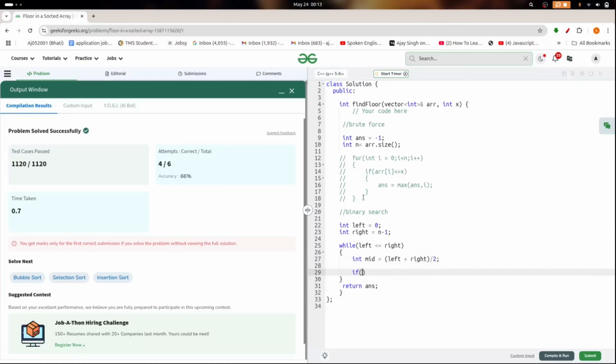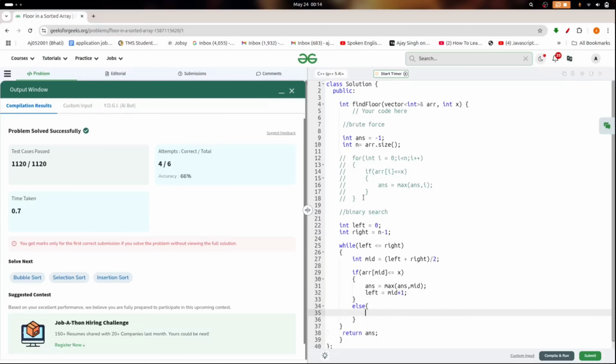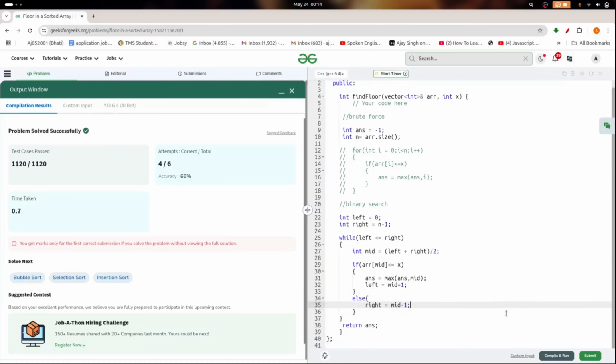If array of mid is less than or equal to x, then update answer equals max of answer comma mid, and since it is less than or equal, I reduce my search space by half, left equals mid plus 1. Else right equals mid minus 1. Then return answer.